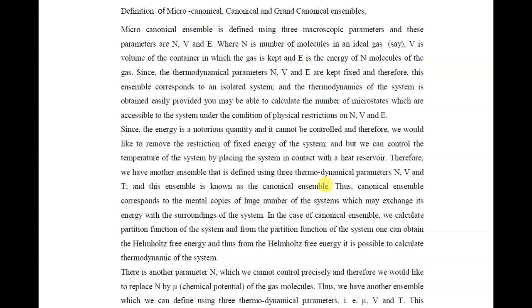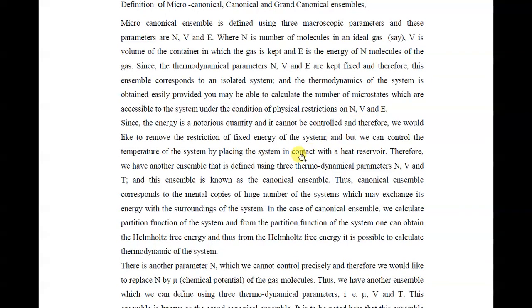Partition function with various thermodynamical parameters. So the idea is that the partition function is connected to the canonical ensemble. We have studied the formalism of the microcanonical ensemble in our earlier lecture, and a partition function which is connected to the canonical ensemble, where our system is defined using three thermodynamical parameters. That is, we have a system that is an ideal gas, defined using the parameters N, the total number of molecules in the gas, V, the volume of the gas, and temperature capital T.